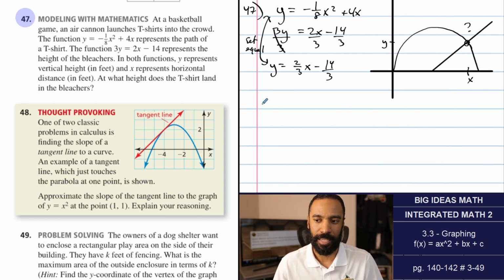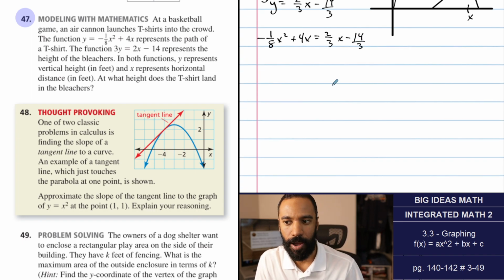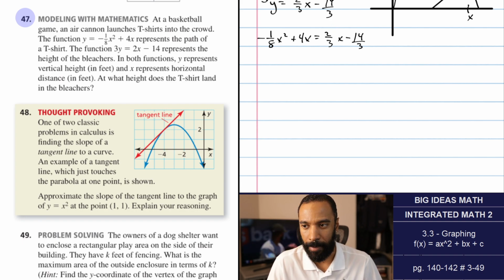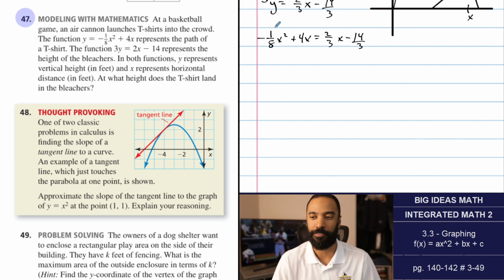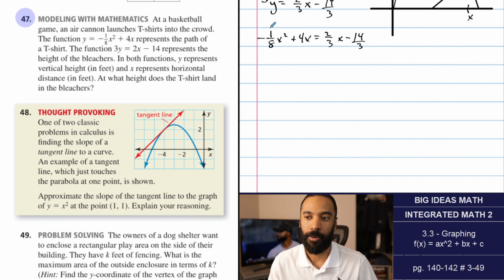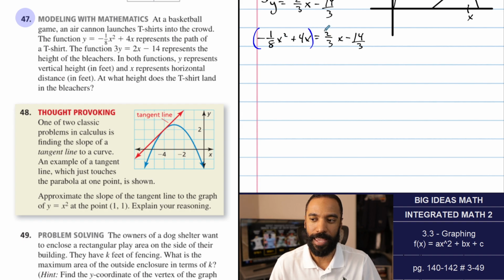Now that's just the beginning of this problem. We get negative 1/8 x squared plus 4x equals 2/3 x minus 14/3. The next aspect of the problem is I hate fractions with these, so do you. So we have to multiply by something that's going to clear out the fractions. If I multiply both sides by 8, it'll clear out the fraction on this side. If I multiply both sides by 3, it'll clear out the fraction on this side. If I multiply by the least common multiple of 8 and 3, which is 24, it'll clear out the fraction